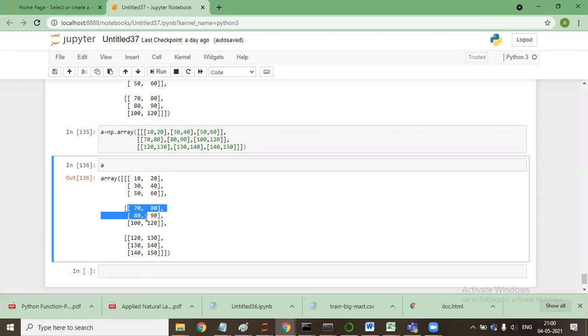The second axis is 3 rows, 2 columns. The third axis is again 3 rows and 2 columns. So every axis of this 3D array, every dimension of this 3D array, is of 3 rows, 2 columns. Are we aligned?